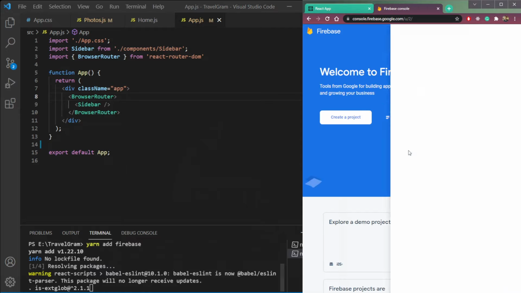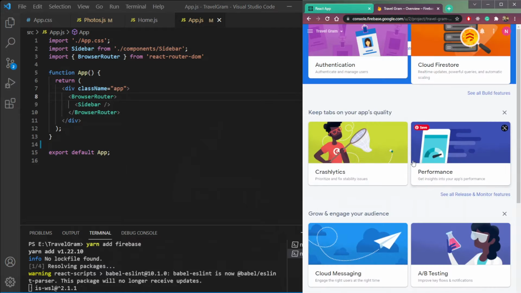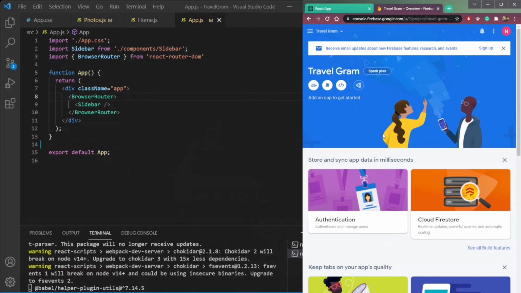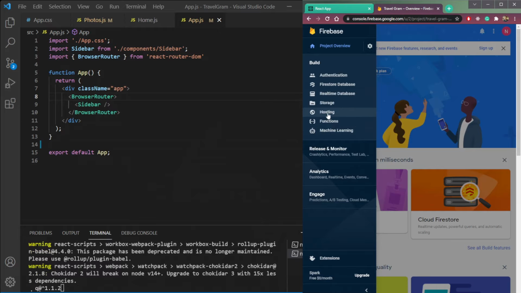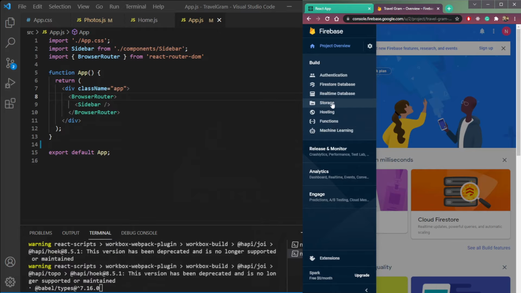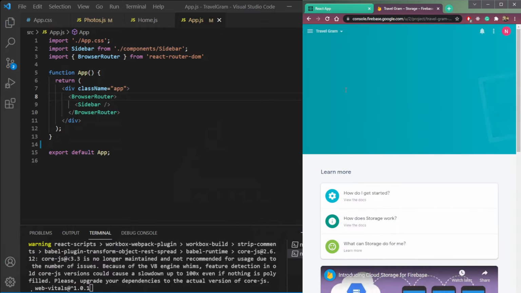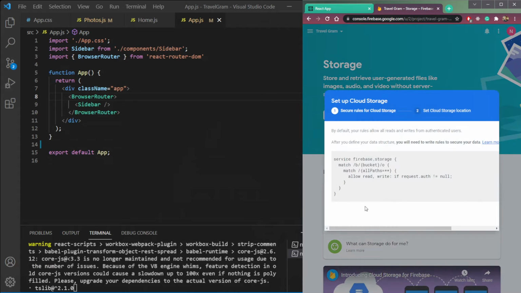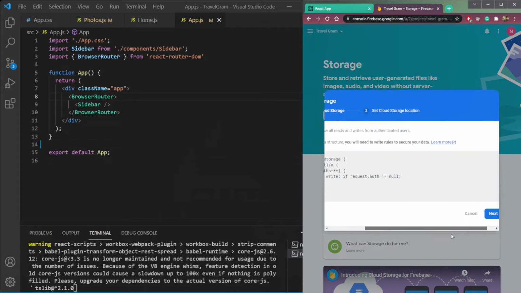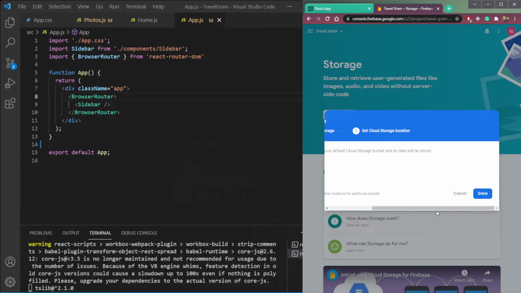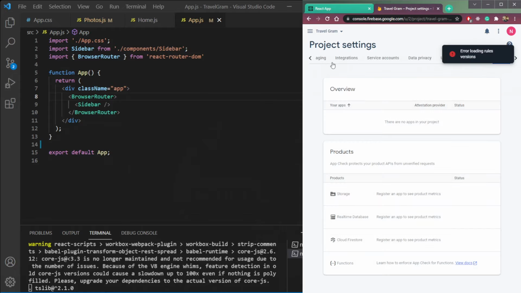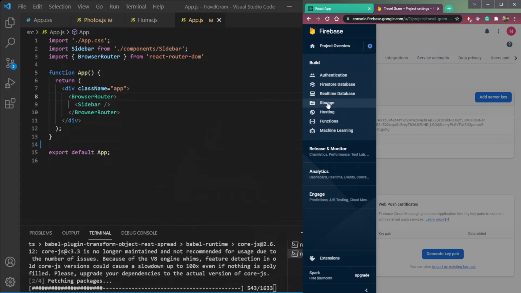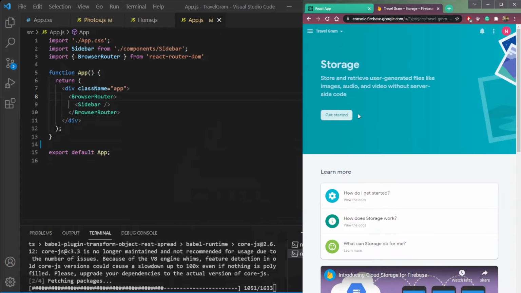Click continue here. It's opening. So we need to do a few things here. So first is we need to allow the storage. So click storage here and get started. Then next, and wait a sec, what happened? So we need the storage. Get started.